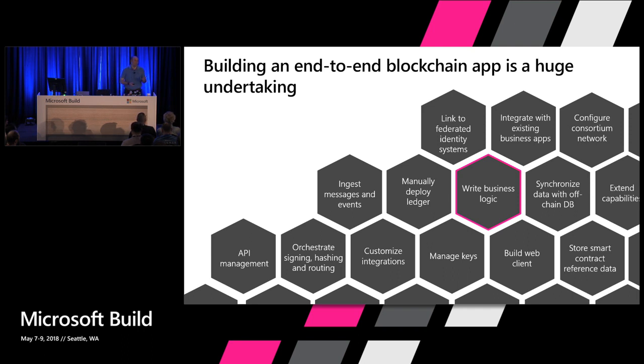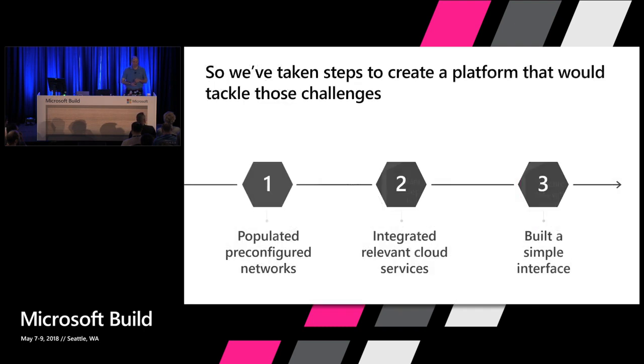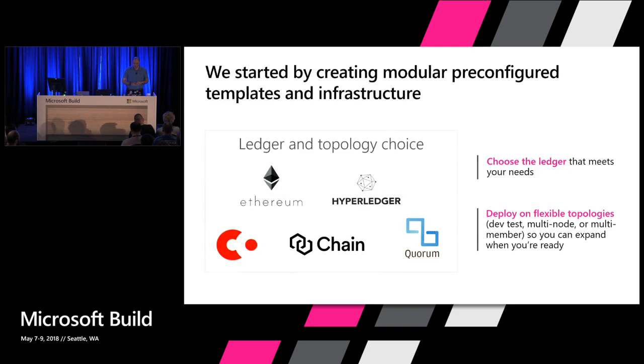So we're trying to do a few things to make that easier. The first of those is making it really easy for you to get your blockchain network on Azure without worrying too much about the infrastructure. The second thing is we've built a variety of integration points with Azure services, so you have the full end-to-end stack that you will need in order to build a production application. And you can then customize it and go from there. And then the third thing that we've done is we've built some UI to make it easy to leverage all these things. So let me take you through this. I'll cover the surface area, and then I'll demonstrate it for you.